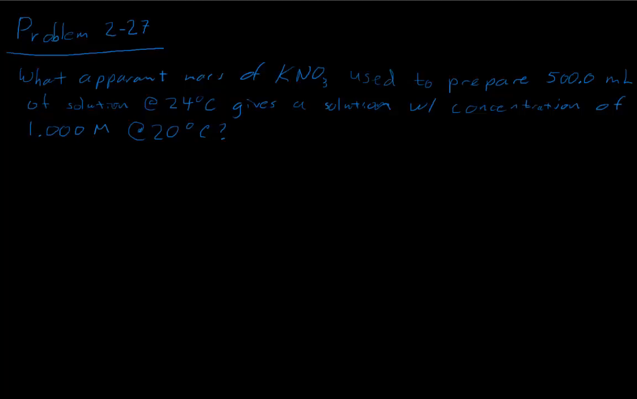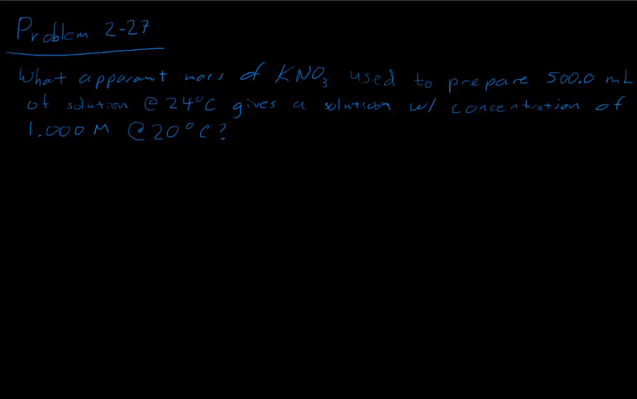This video offers some help and hints for Problem 2-27 at the end of Chapter 2 in the 9th edition of Harris's Quantitative Chemical Analysis textbook. So this question, in so many words, says you want to prepare 500 milliliters of a 1.000 molar potassium nitrate